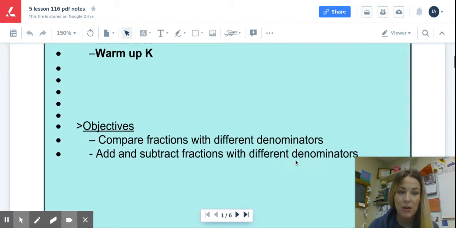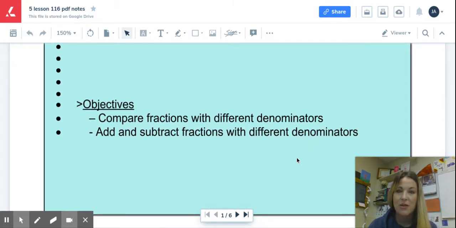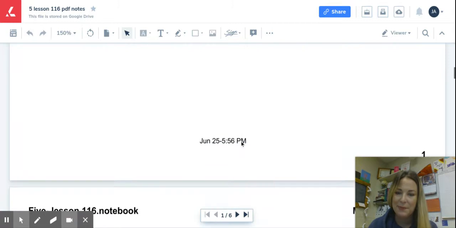First of all, our learning targets for today are to compare fractions with different denominators. So when you're given two different fractions, what do you need to do in order to compare them? And then also add and subtract fractions with different denominators. Obviously, with both of these saying different denominators, what you need to do first is make them have the same denominator. So finding a common denominator is your first step before you can do any of this work. So our first example,